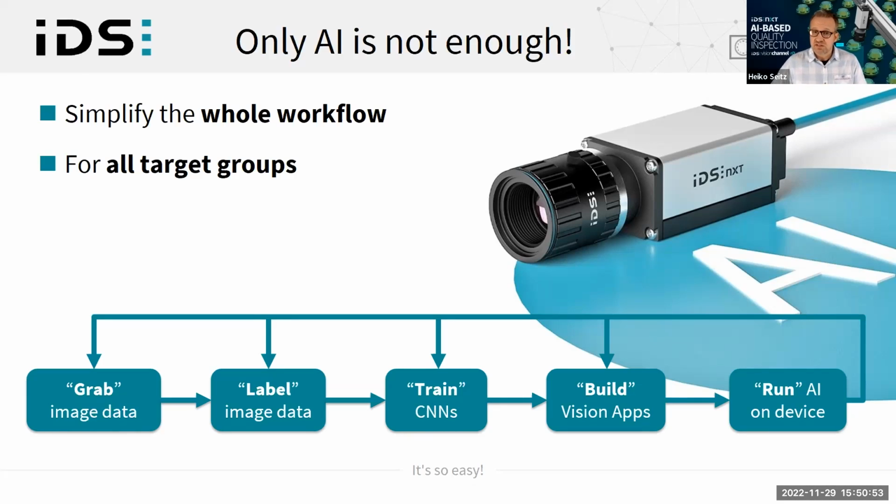And this also includes the maintaining and further development of the application later on. Our goal is to make AI vision accessible and easy to use for everyone with IDS NXT. Building complete applications should be possible for any user group, whether they are programmers, image processing professionals, or machine operators and technical staff. And with new user groups, other use cases and other requirements for the application of a technology